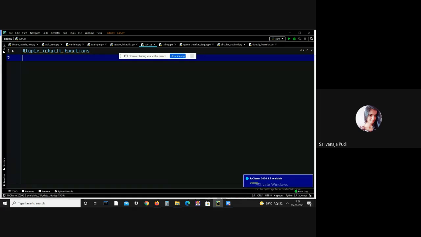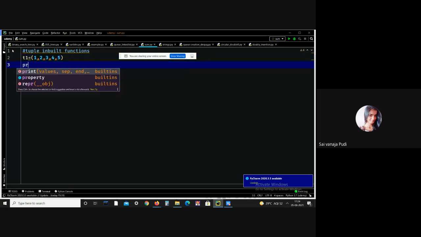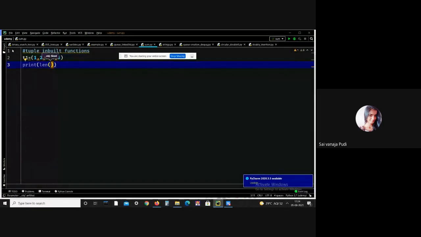It generally calculates the length of the tuple. Oh, I have deleted. Using the length function, we will get the length of that particular tuple.